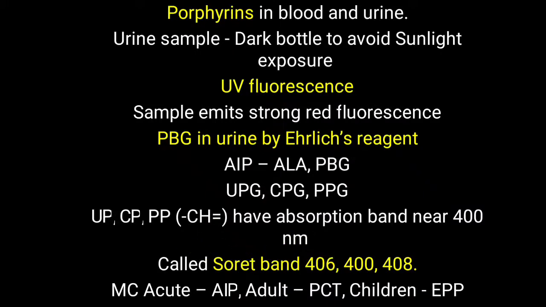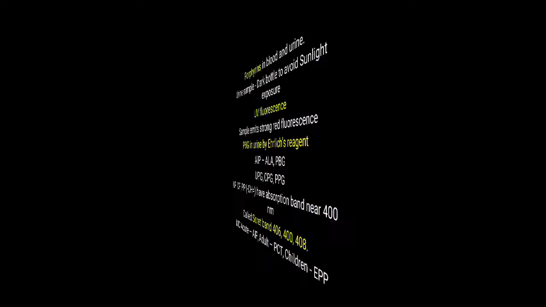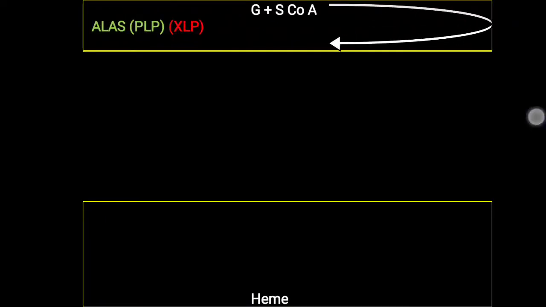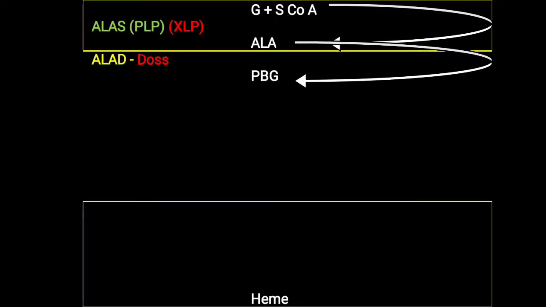Further, when you are going to diagnose porphyria, you have to remember which are the most common varieties. The most common acute porphyria is acute intermittent porphyria. The most common adult or sporadic type of porphyria, roughly 80% of which is the acquired variety, is porphyria cutanea tarda. The most common porphyria in children is erythropoietic protoporphyria. Now exactly which type of porphyria, how it is possible to detect it, and why a particular molecule is present in the urine, that also we will look at.